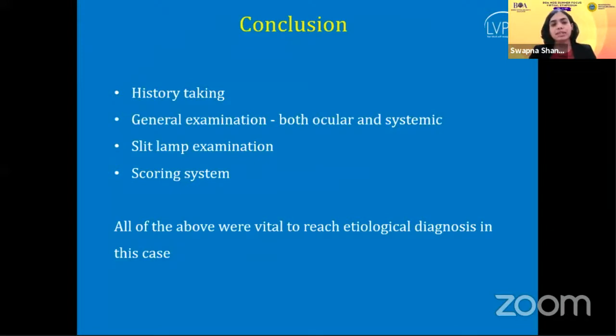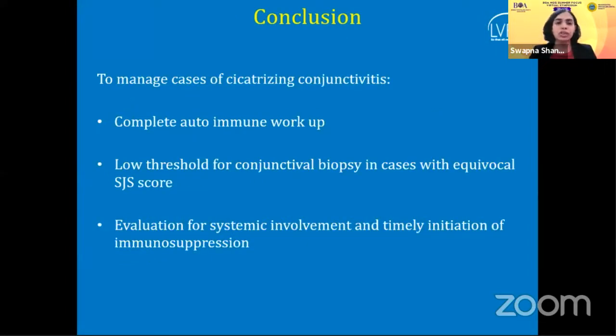So the conclusion is history taking, general examination, slit lamp examination, and the scoring system are all very vital to reach the etiological diagnosis in these cases. And we should know what kind of autoimmune workup is to be done. We should have a low threshold for conjunctival biopsy in cases with a very equivocal SJS score of 5 or less than 5. And we should know what all systemic involvement to look for and ask for,